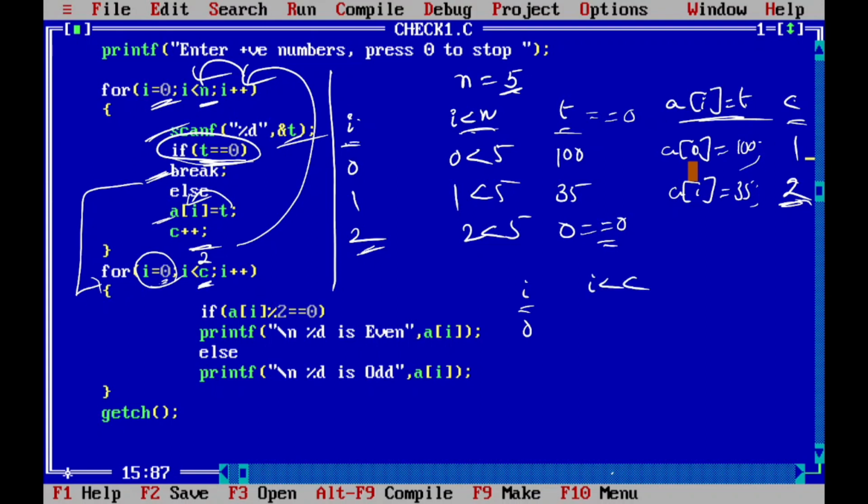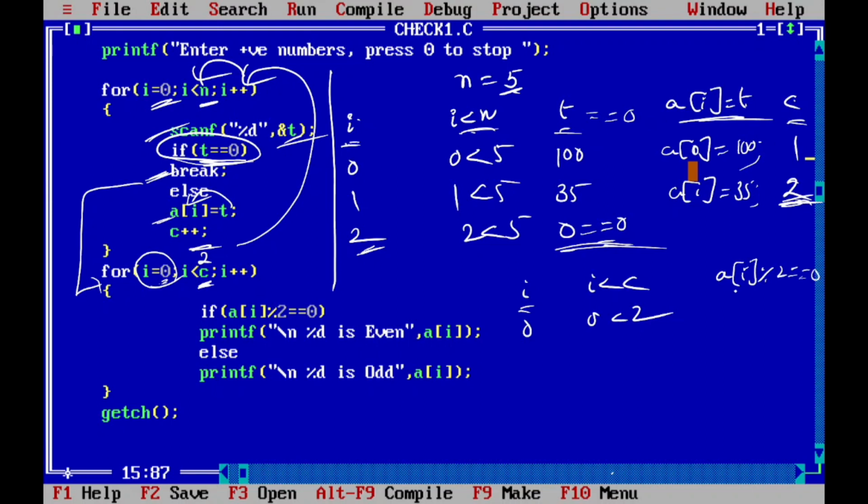Then i is less than c means 0 is less than 2. We have to check up to that 2 only, not up to 5, because in the middle I entered 0, so the break statement executed.